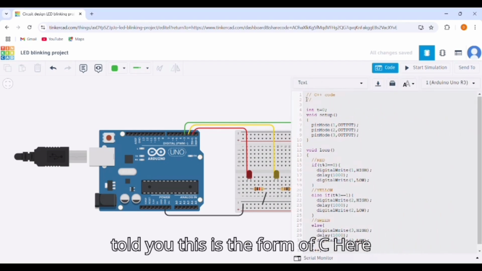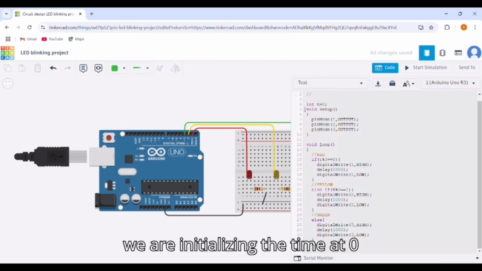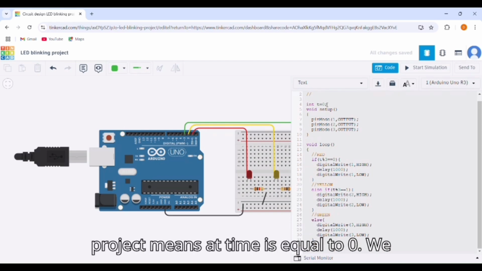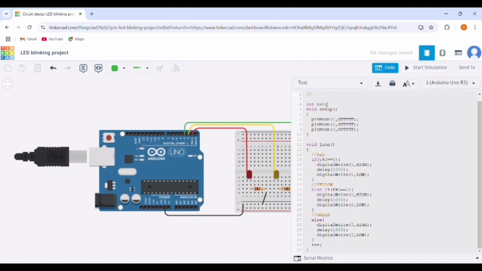Here, see, I told you this is the form of C++. Here we are initializing the time at 0 seconds. I mean, it is an initializing position. It is the starting position of the project, meaning time is equal to 0. We didn't start anything. It's the rough model. Okay, after setup,